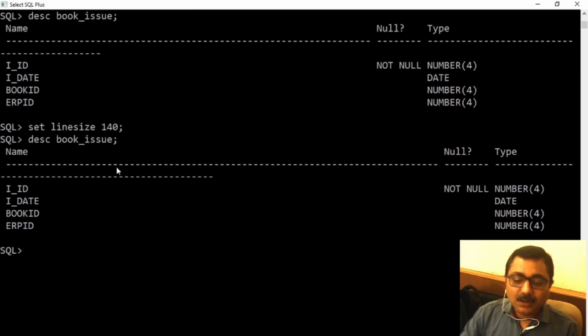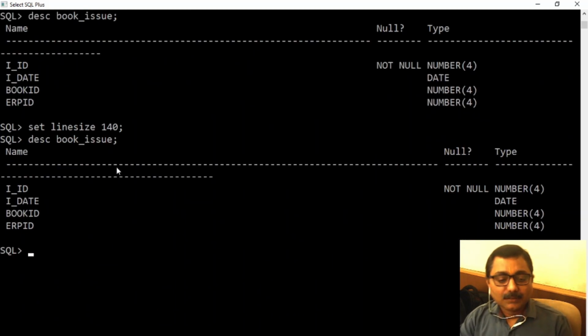Means any record which I would like to enter into detail table must be there in the master table. If the corresponding record is not available in the master table, I won't be able to provide its detail in the detail table. Clear?